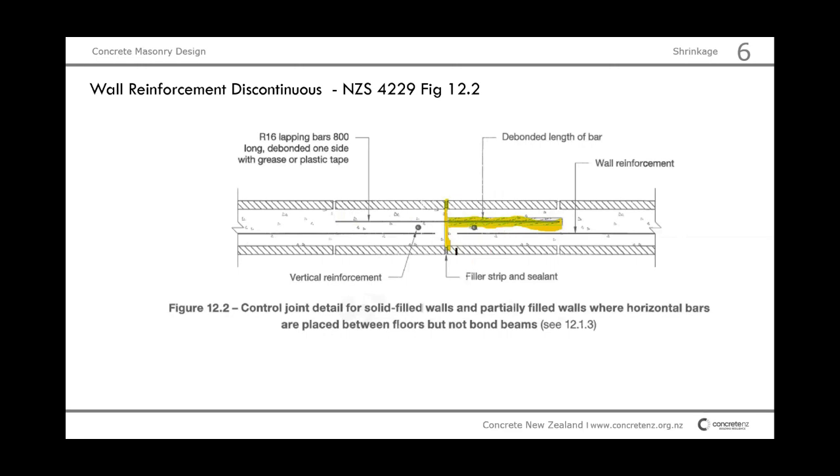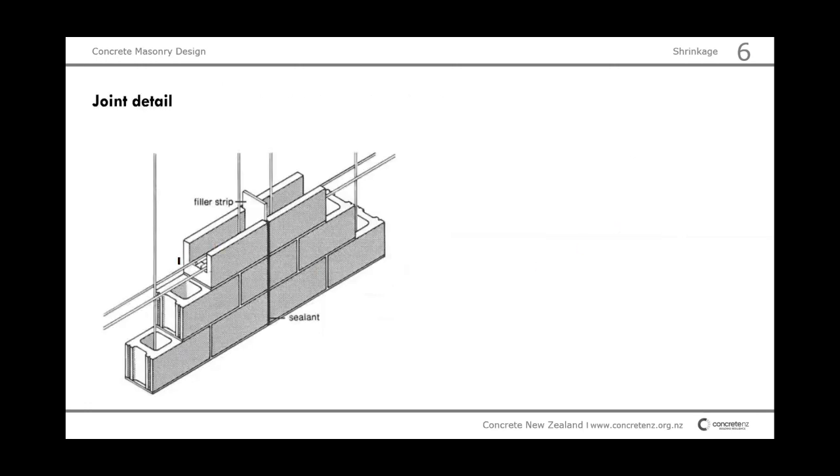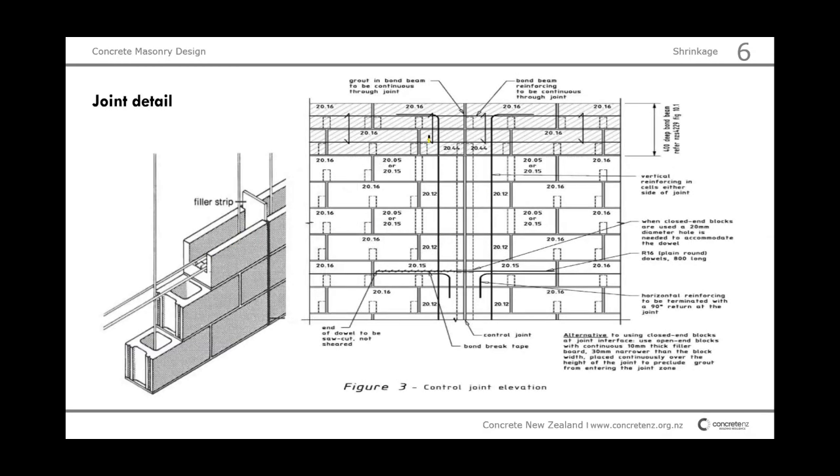This is a standard joint, let's say at a 1.20 meter level. If you would be at a bond beam, then reinforcement would actually go through. So this is a standard, let's say 1.20 meter joint. But if it's a bond beam, you can see here the reinforcement is going through. If it's a standard joint, the reinforcement stops, goes down about 1 meter, maybe about 200 millimeter, and here as well. And then there would be the debonded bit